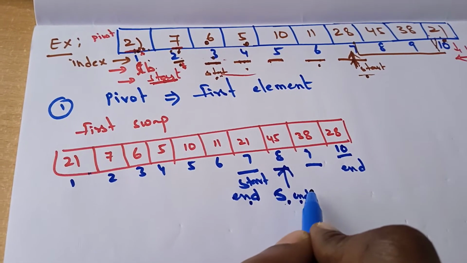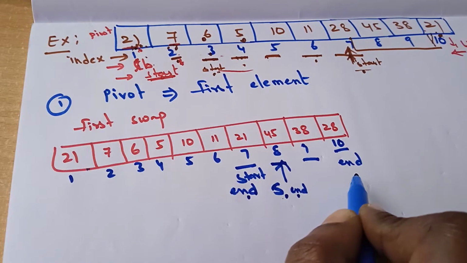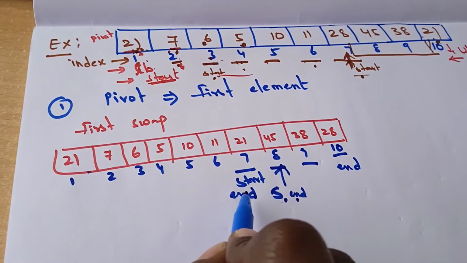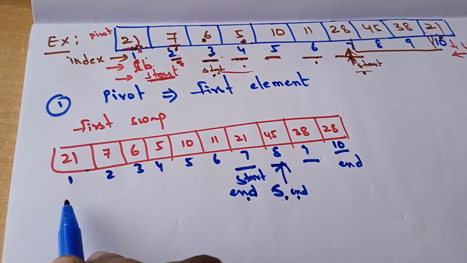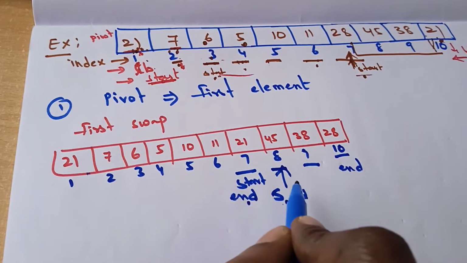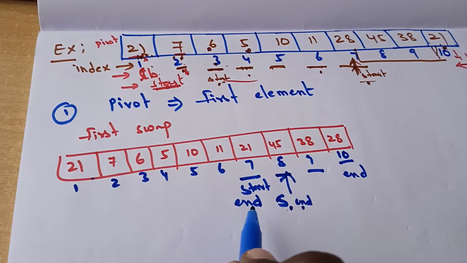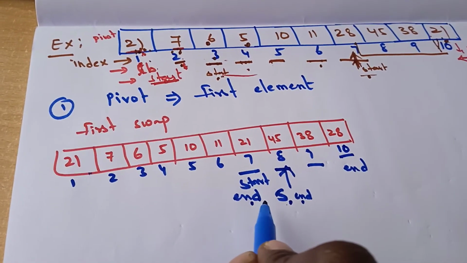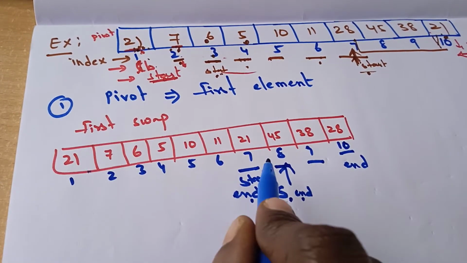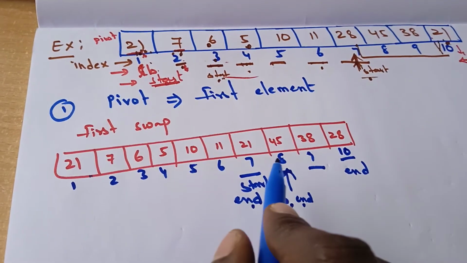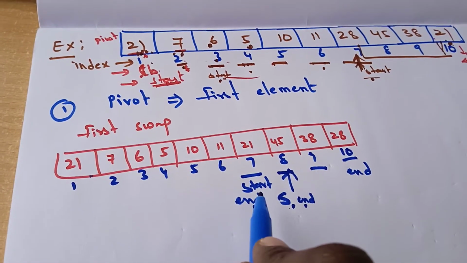End is decreased from the last place to this place, right? Now start is increased from this place to this place. So at one moment the start pointer will cross your end pointer. So what we'll do is we'll stop our process here and we'll find the place